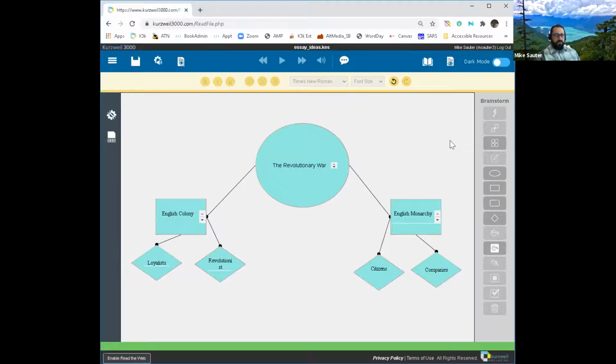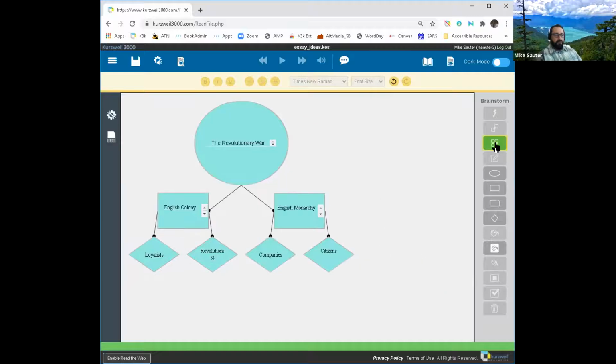There are some tools that will help once you actually have things kind of all over the place. We can use this arrange tool, which will snap things nice and close together. You can also use the fill color.